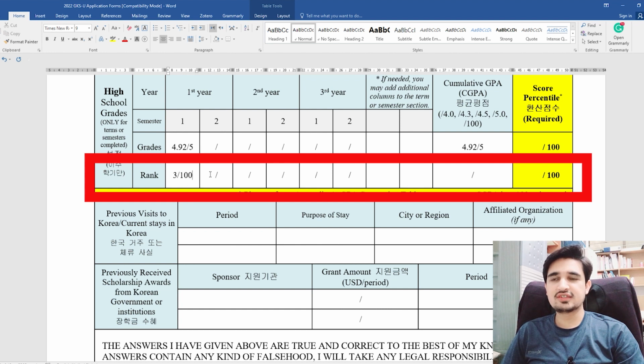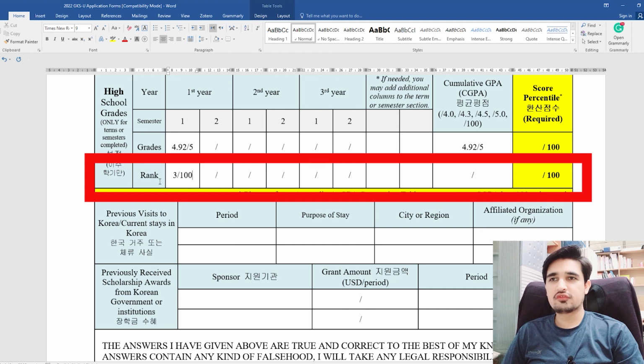So how can you justify your rank? You can get one certificate from your college in which it is written that you are among the top 5 students of your class, or among the top 2 students of your class, and then you have to attach that certificate. For the rank system, you have to evaluate your rank by yourself.